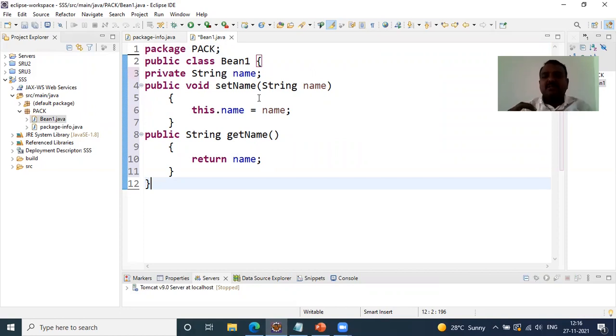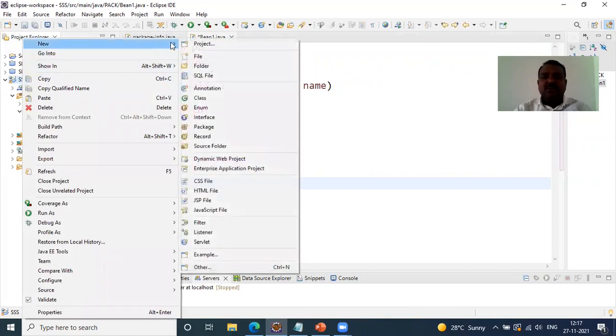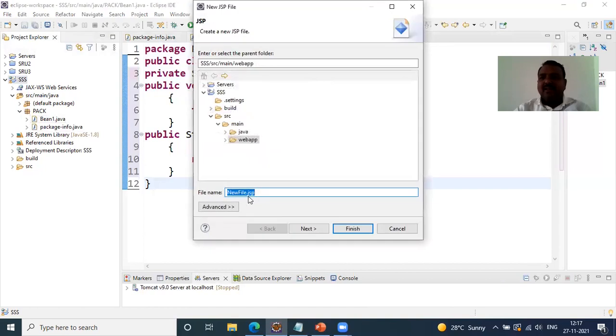Now we'll see what steps we are going to take when I want to call a bean from a JSP. So again, I go to the same project SSS. Then I click New, where I can find the JSP file, and I give some name to my JSP file.